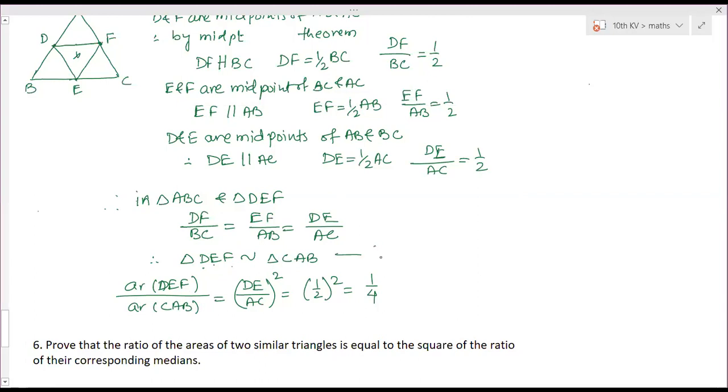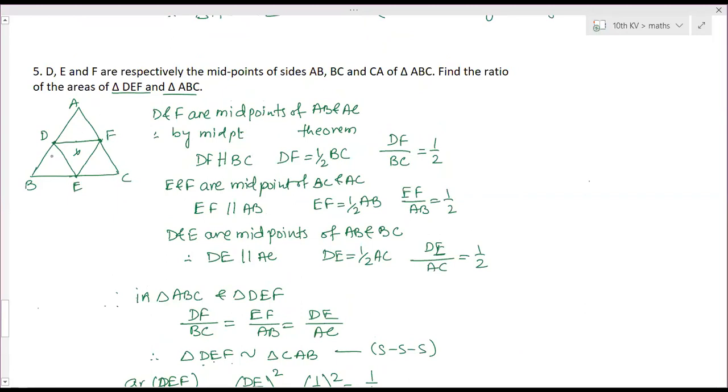Just like last year also you have learned by using parallelogram. So in many places they have explained in terms of parallelogram. DFEB is a parallelogram, so therefore opposite angles are equal. DFEC is a parallelogram, therefore opposite angles are equal. So therefore two angles of this triangle are equal to two angles of this triangle. So therefore by AA criteria, DEF and ABC are similar to each other. So that way also can be solved, but that is a longer method. So this is what we have done by the midpoint formula. This is an easier and shorter way.